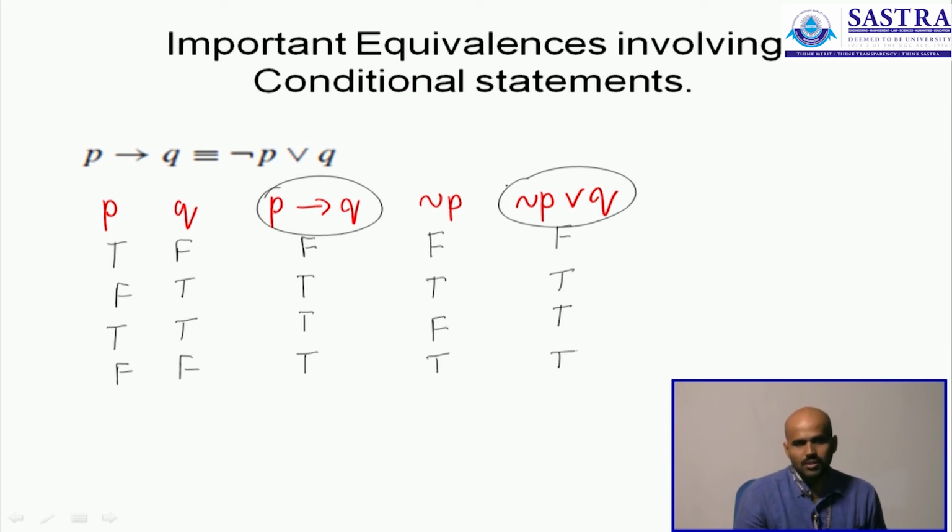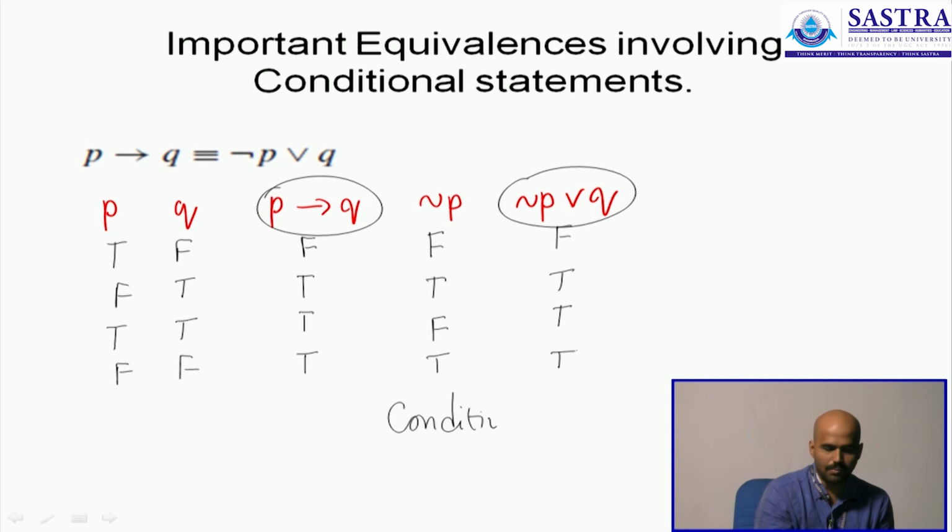Now we are not just showing 2 random statements to be equivalent. What happens here is that a conditional is being replaced by a disjunction. This is important. The statement on the left is a conditional statement, the one on the right is a disjunction. We are trying to show that not just conditionals are equivalent, a conditional and a disjunction can also be proved to be equivalent. This will come to our help when we are establishing certain results in the theory of inference, and we will appreciate this better as and when we get there.